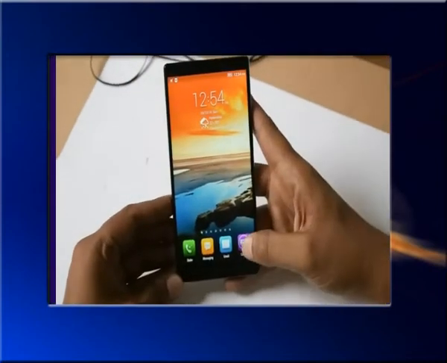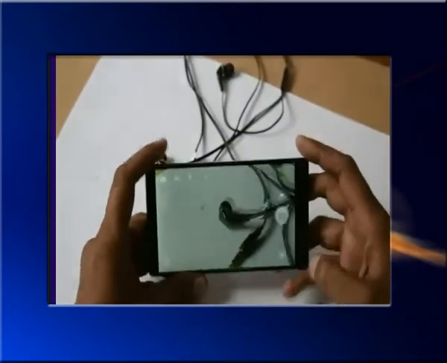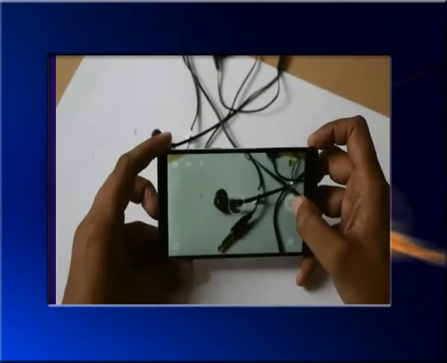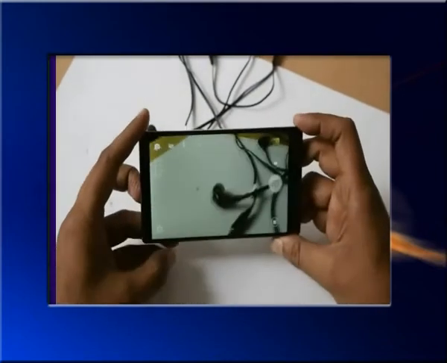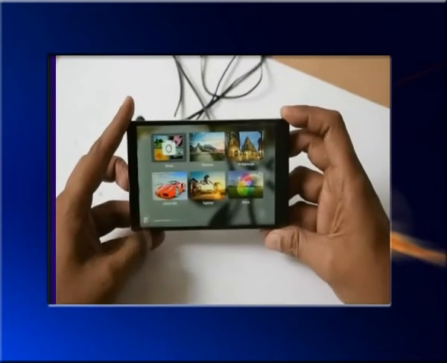This has a 16 megapixel rear camera which can record 4K videos. Camera has two modes, one is smart mode and another one is professional mode.